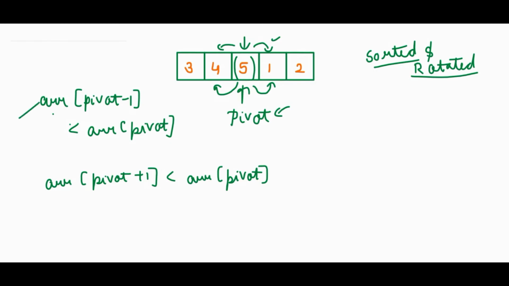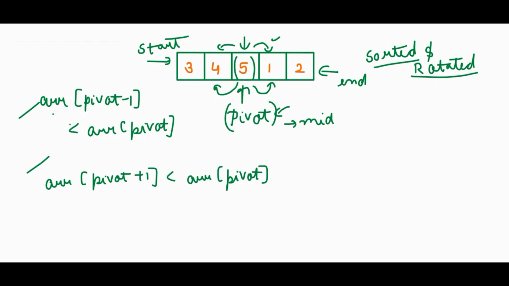Now if these two conditions are true, so in the binary search, why are we using binary search? So that on every search we can remove half of the array and work on the other half. So how can we decide which part will never contain the pivot? Let's see. We all know binary search, right? We take a start pointer, we take an end pointer, and the pivot element that I am talking about is our mid element, right? Which we find by start plus end by 2.